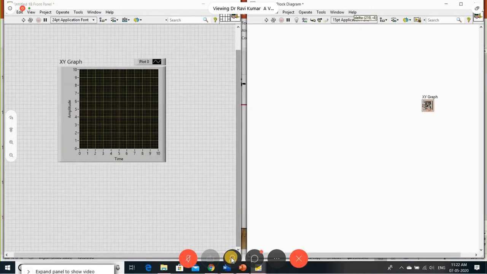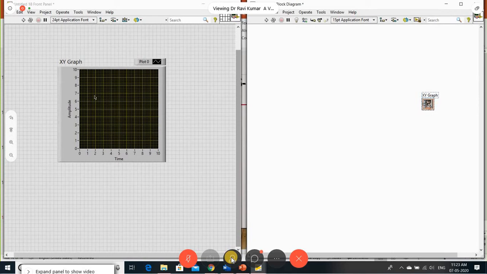Remember, this has two variables, one is X and another one is Y. These two variables to be plotted should be merged. Two data signals have to be merged and given to your XY graph.